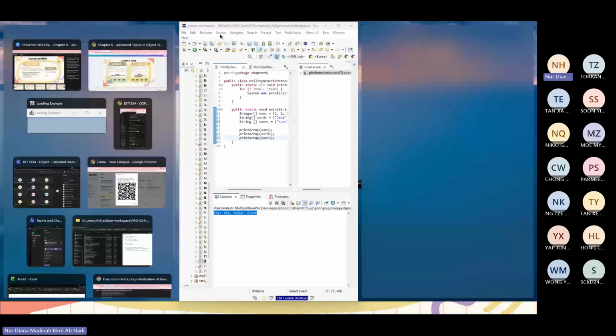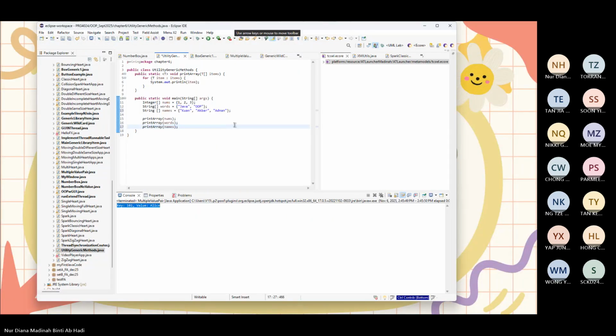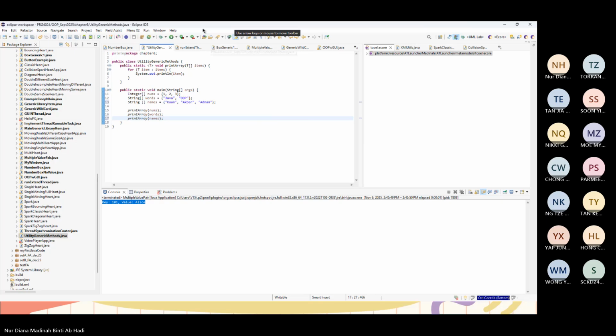So guys, what do you think will be the output for this code? What do you think it will display for this code? Can you see? Yes, miss. Cannot. Can see, miss. Can. So what will be the output? What is your prediction? 1, 2, 3 going up or going down, to the right, to the left? Going down, 1, 2, 3, and then